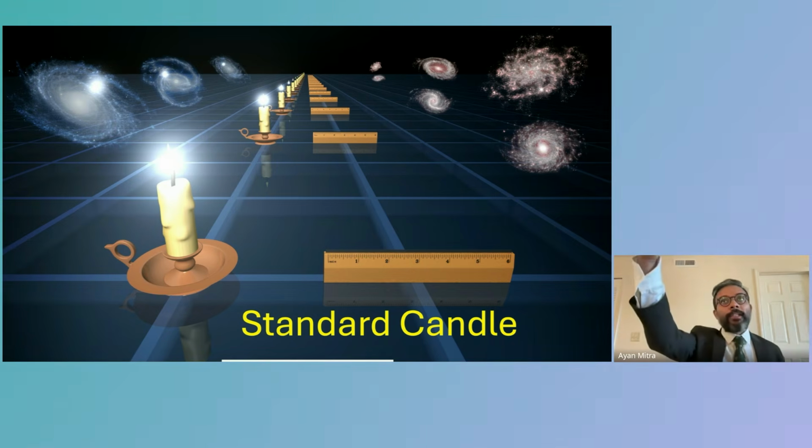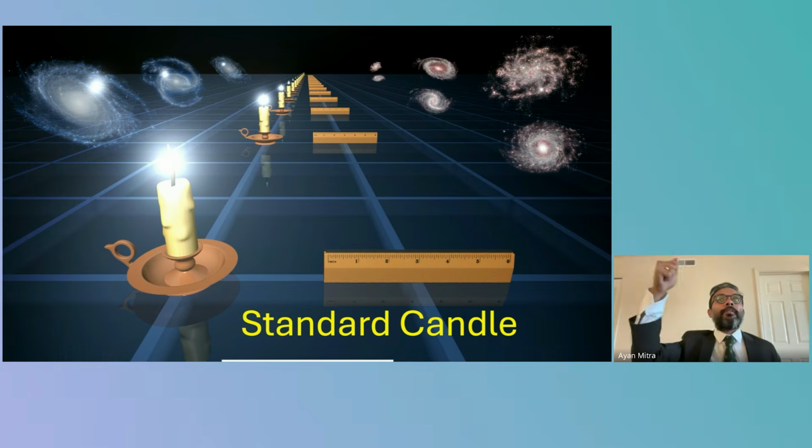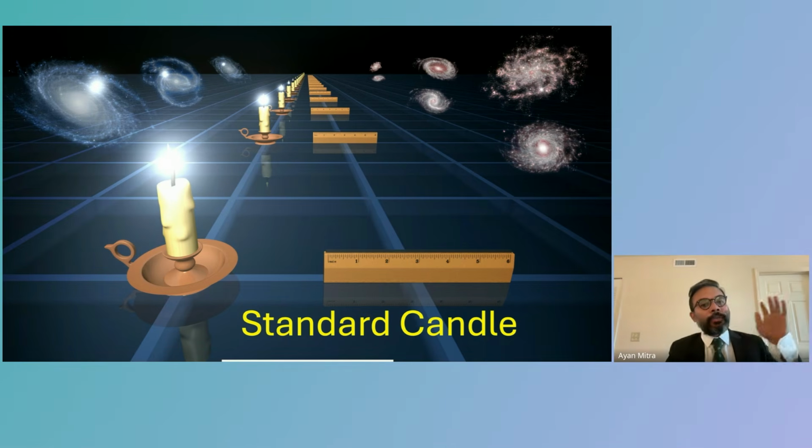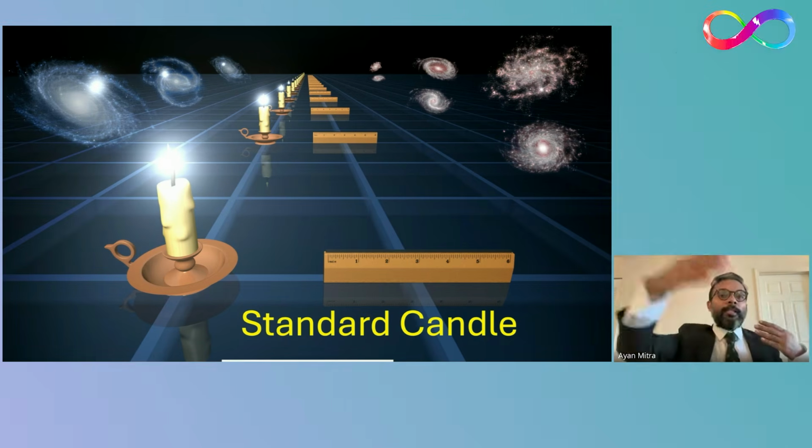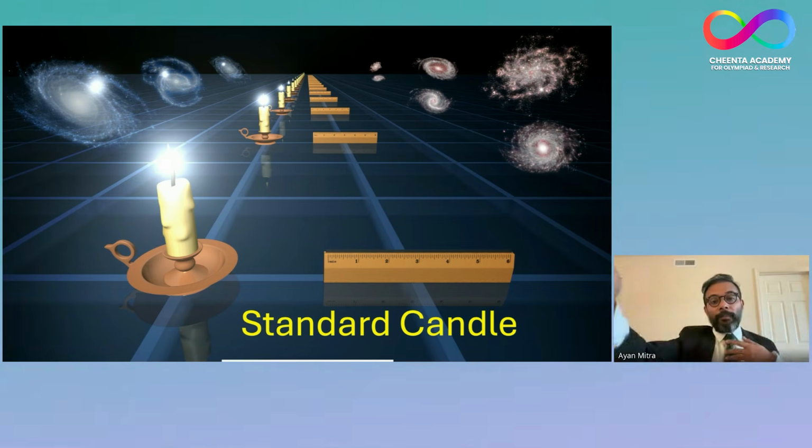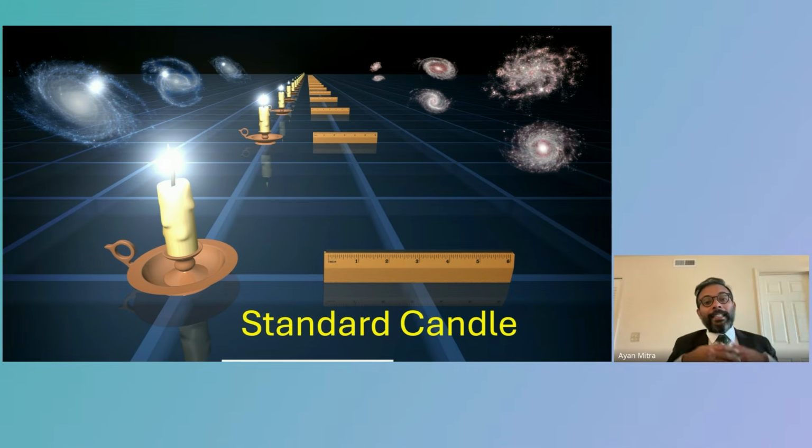You see a supernova somewhere in the night sky, you see it again tomorrow, and again a few days after, and you try to understand how much dimmer or brighter it has got with respect to the first night, and then you measure how much it has gone away or come closer to me. Hence we call it a standard candle. It's an amazing tool, with very simple logic, but a very robust mechanism that can help us understand the size and the speed of the expansion of the universe.